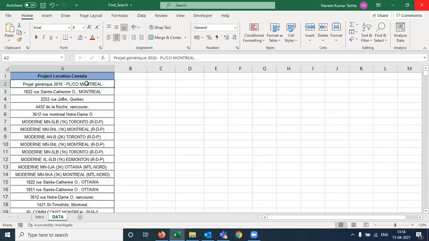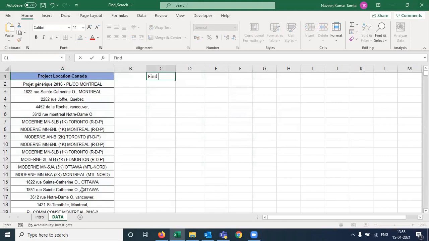As you can see, there are different locations like Montreal, Quebec, Vancouver and Ottawa, Vancouver, like this. I just want to extract the values wherein Montreal is mentioned, so in order to get the result, I am going to use the FIND function here.